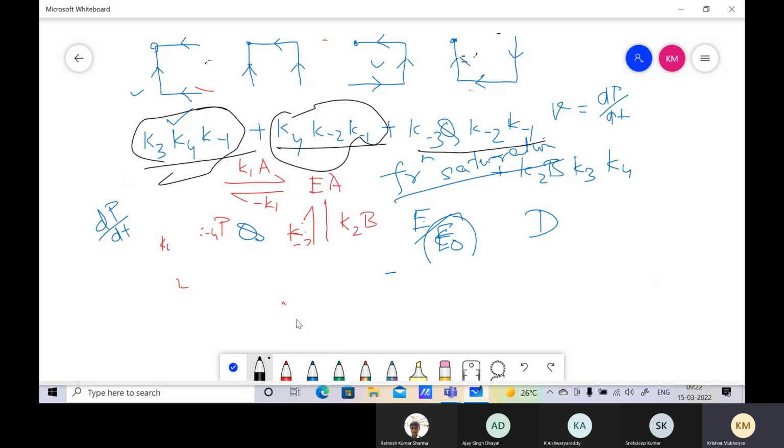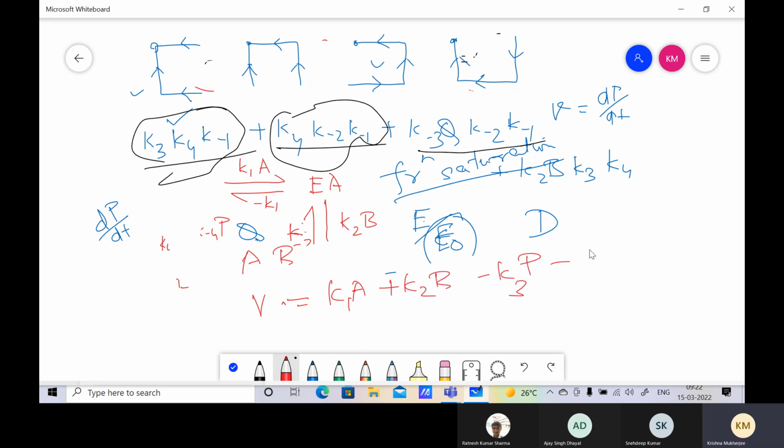So what you are interested in is how does the reaction look like? I mean, when you do a velocity plot and your substrates A and B, how does it look like? Is it something like K1 A plus K2 B? Or is there a minus K3 P minus K4 Q? Or is it more complicated? It is K1 A plus K2 B